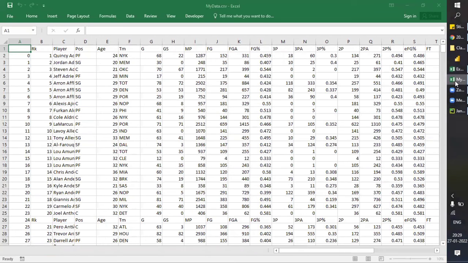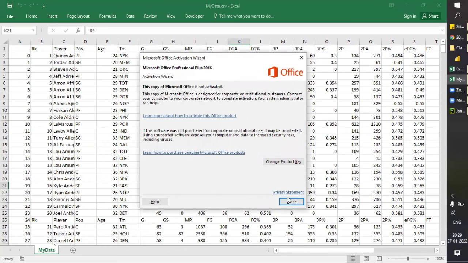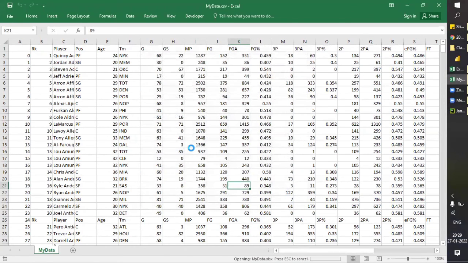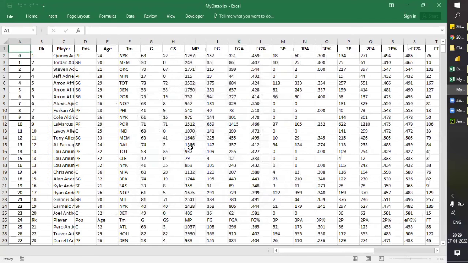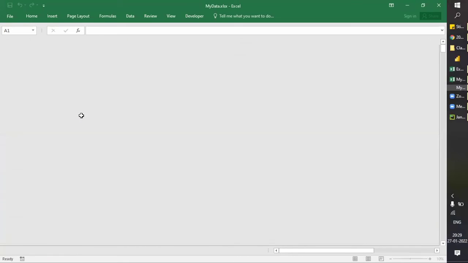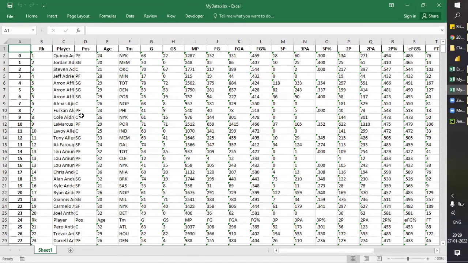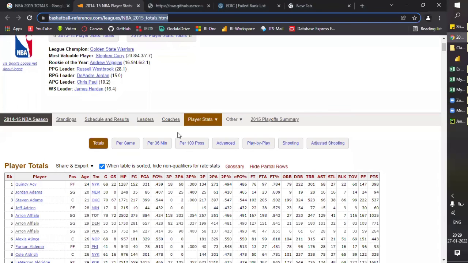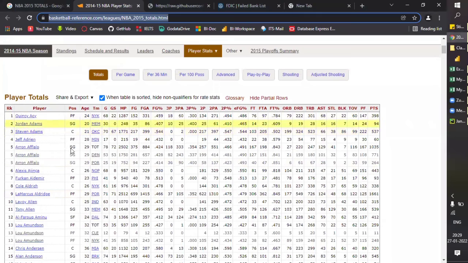We have put the files here. You can see our file is here in a very good shape and size. Okay, this is the same file which was on the web.